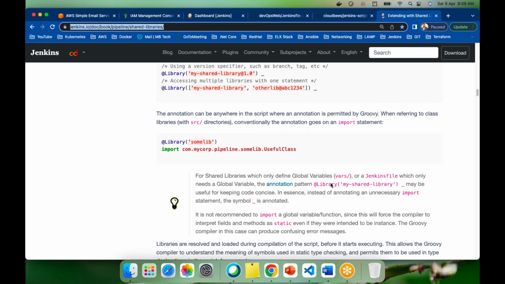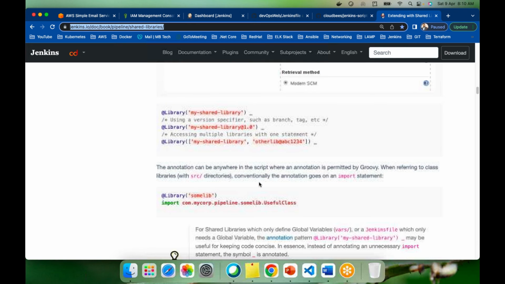Ranjit: That underscore at the end of the line, is that mandatory? Yes, it is mandatory. You have to give the underscore like this. Here it is given that for shared libraries which only define global variables, as for Jenkinsfiles which only need a global variable, the annotation part is @Library. This may be useful for keeping code concise. Instead of annotating an unnecessary import statement,